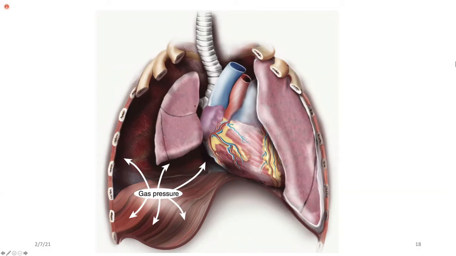Anyways, so now look at it. This is a condition which I'm showing you, a pneumothorax. Look at how much air has entered the pleural space, and look at the shrunken lung. This is not a normal lung. This is a normal size of the lung. And this lung is shrunken because we have too much air placed in my pleural space. So this is where we have to intervene.